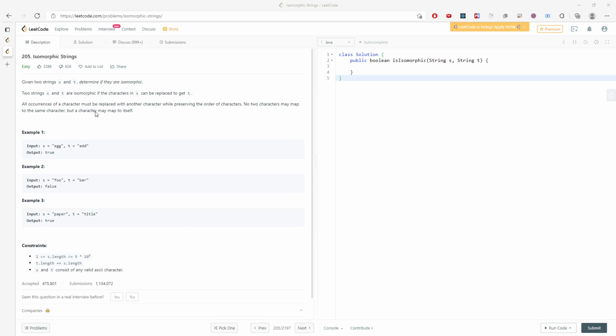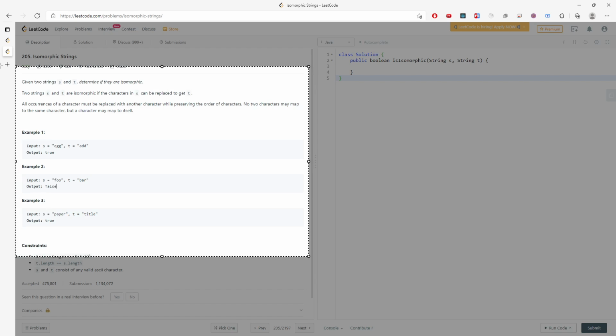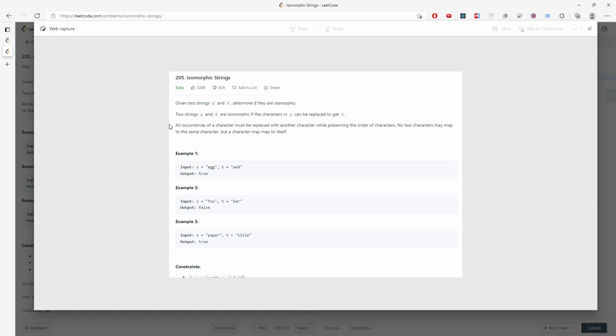Alright, let's talk about the isomorphic string. You're given two strings S and T, determine if they are isomorphic. So you're given two strings, and they need to have the same pattern. When I say the same pattern, this is basically based on the